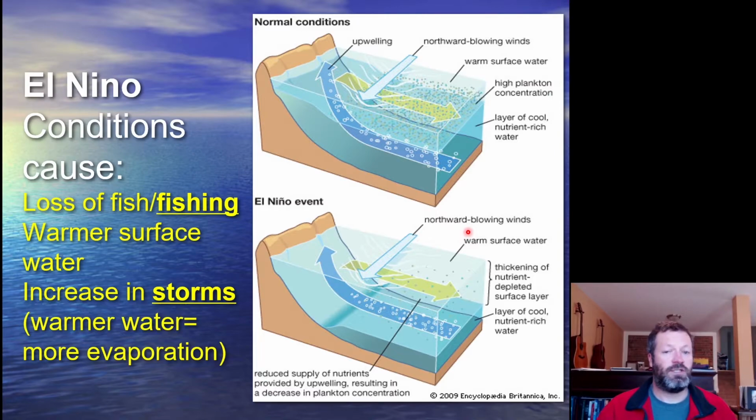And this is usually what happens. However, every few years we have what's called an El Nino event. And El Nino is a term you may or may not have heard before. In Spanish, it just means the boy. However, it's generally referred to as the Christ child, right? So it's a condition that tends to happen around Christmas, that time of year, where